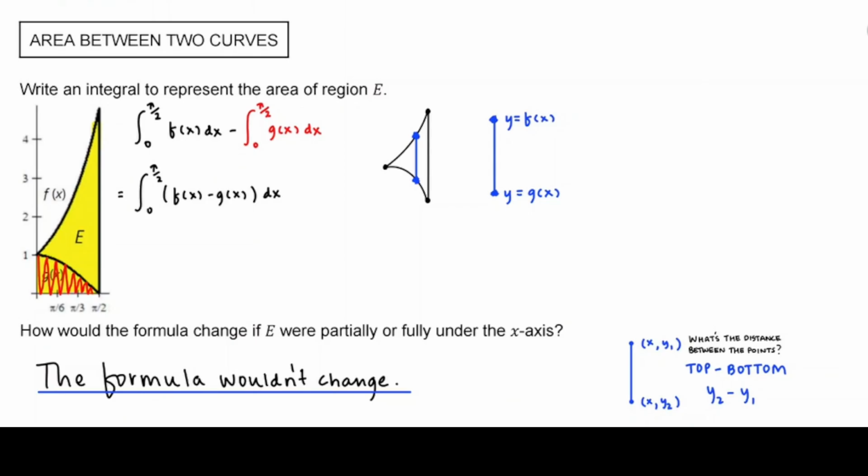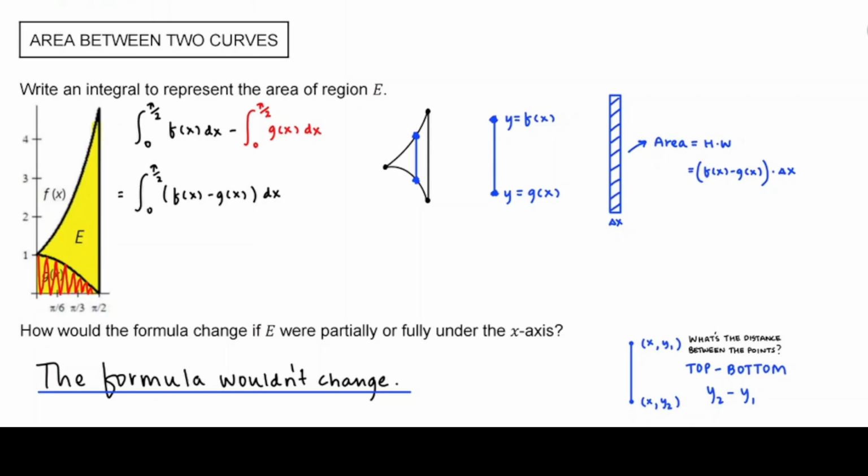Okay? And then if I really think about it, this is the rectangle that I'm adding the area up of in a Riemann sum. So I might say, okay, I've got this rectangle, and it's an area of a rectangle, it's going to be height times width. And the height of this rectangle, the distance between the 2 points, that's going to be f of x minus g of x. But what's the width? Right? It's been a while. Remember, the width is like some really small change in x, and so we just call that delta x and write it really small. Okay, but that small area we've got, one rectangle that we're going to add up a bunch of them to get the whole area, that would have height f of x minus g of x